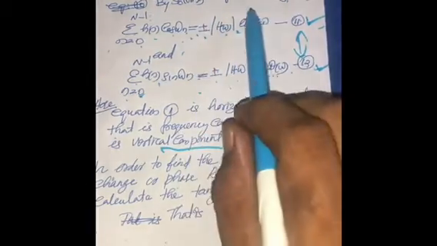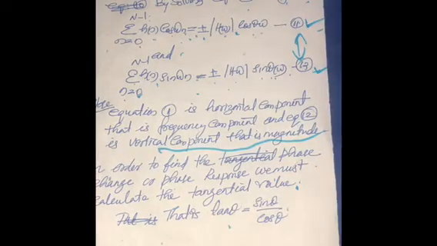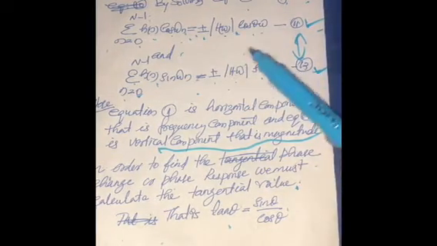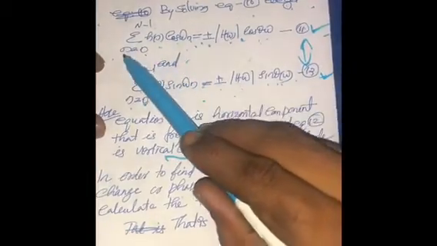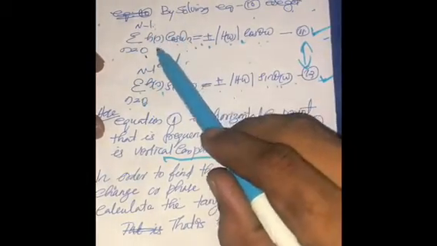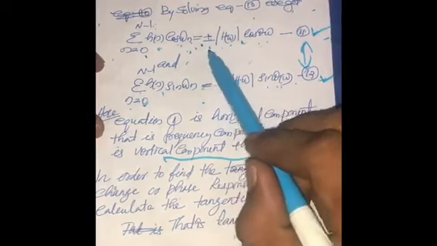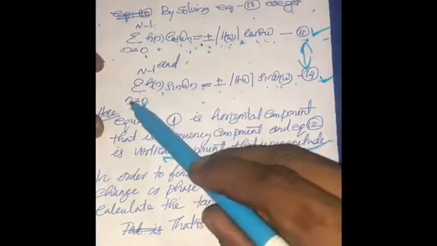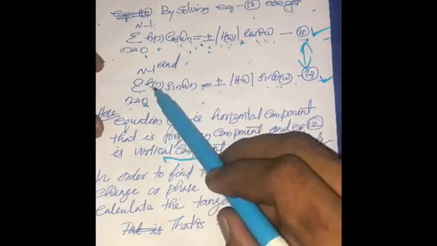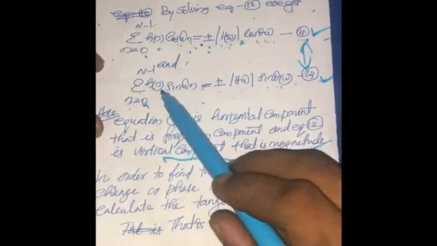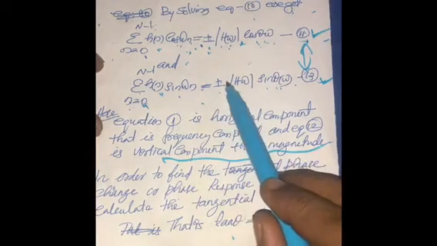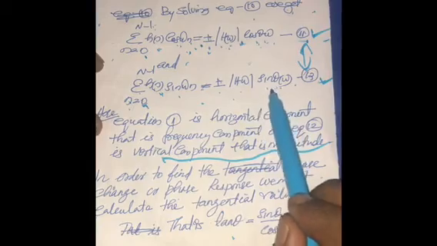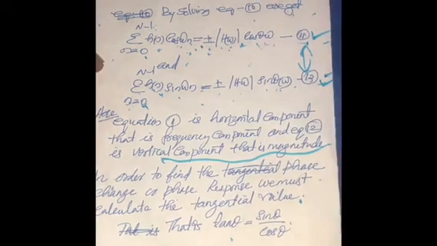After solving equation 10, we got two equations. We can split equation 10 into two. That is, one contains a cosine term and another contains a sine term. Let us see how it is. Sigma n varies from 0 to n minus 1 h of n cos omega n is equal to plus or minus modulus h omega cos theta omega. That is equation number 11. Sigma n varies from 0 to n minus 1 h of n sin omega n is equal to plus or minus modulus h omega sin theta omega. That is equation number 12.